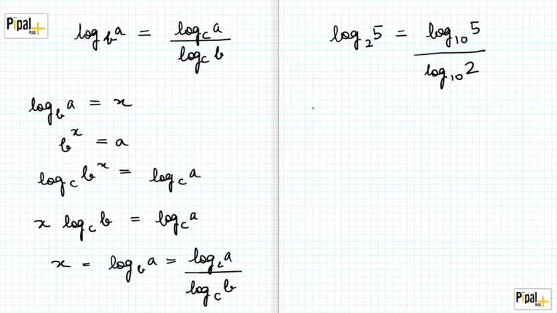Then the next property is, let's say this time the base has a power, log base b to the power m of a. This is equivalent to 1 by m